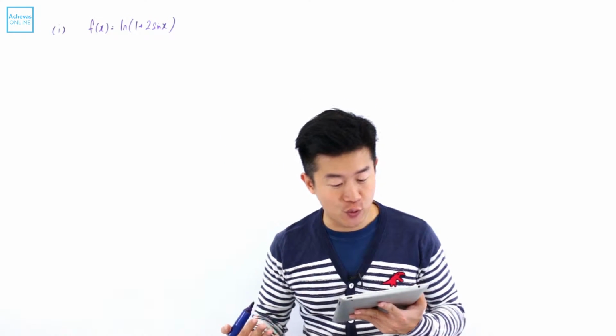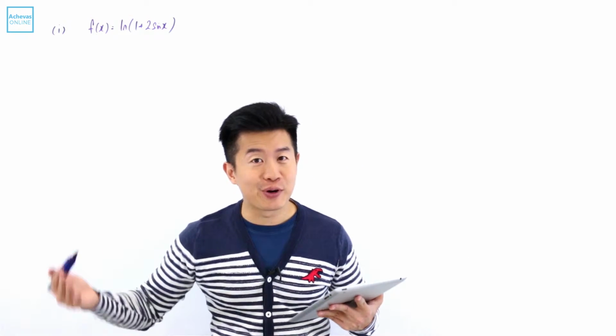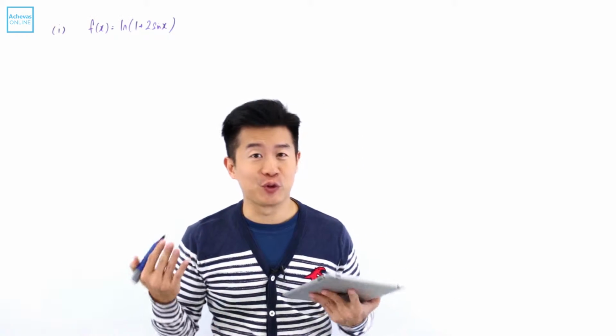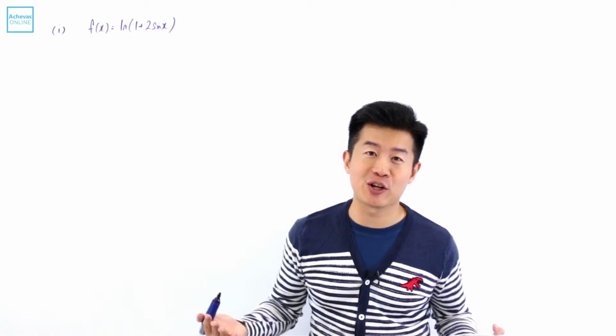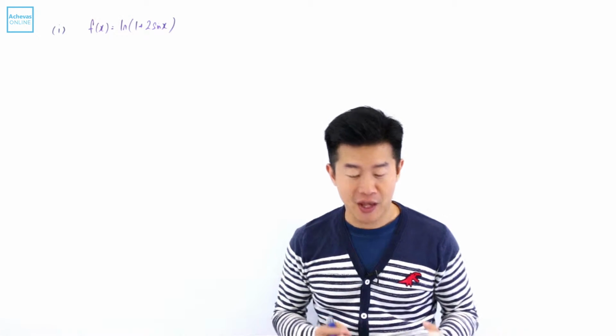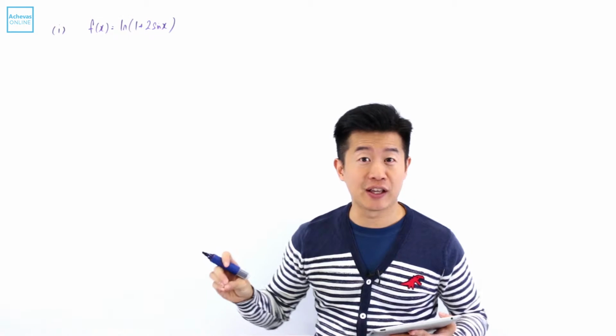For a start, this question requires us to find f(0), f'(0), f''(0), and f'''(0). Anyway, if you look at this question, what it is trying to lead us to do is to execute the entire Maclaurin series expansion process. And when it comes to Maclaurins, like what we have discussed in our outline again, and some of the questions